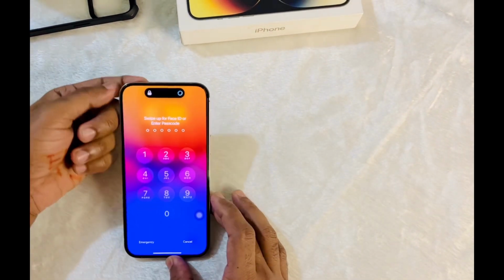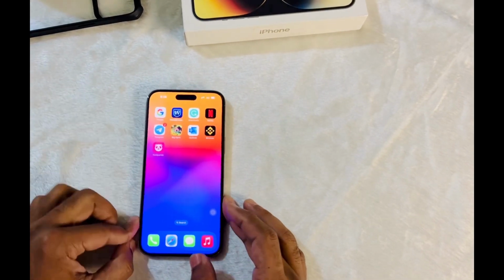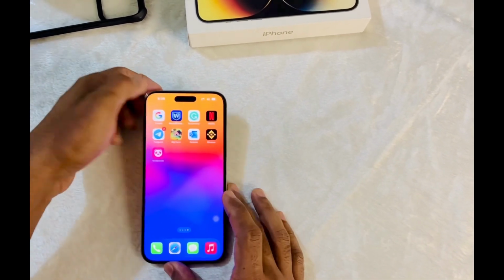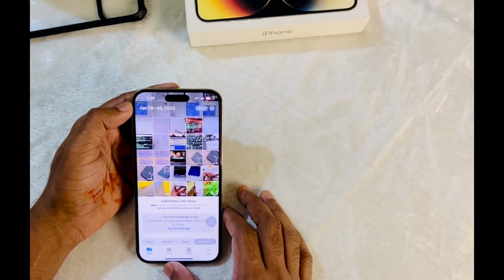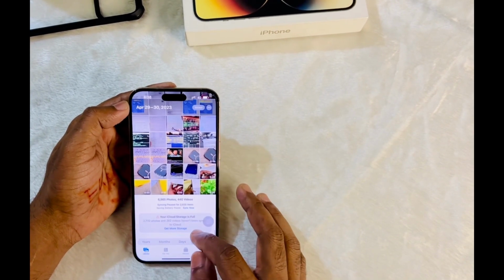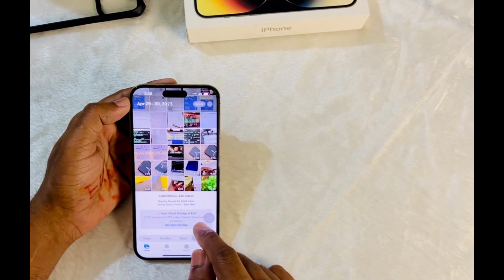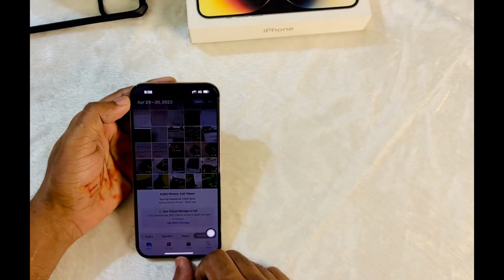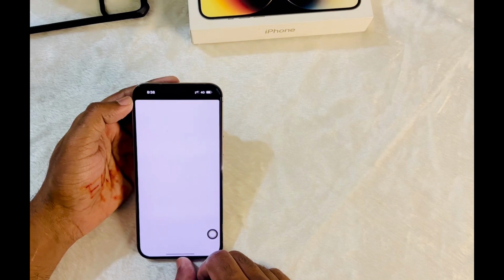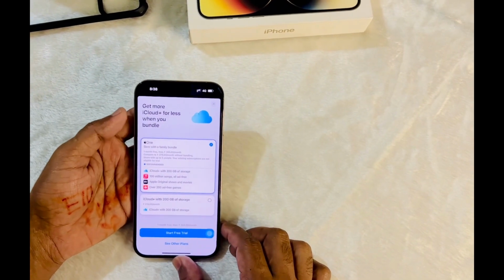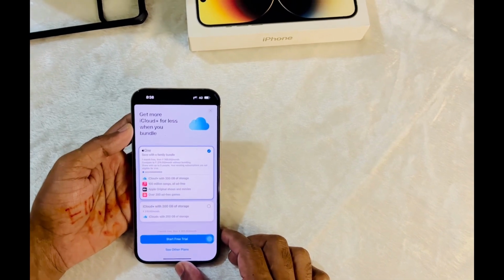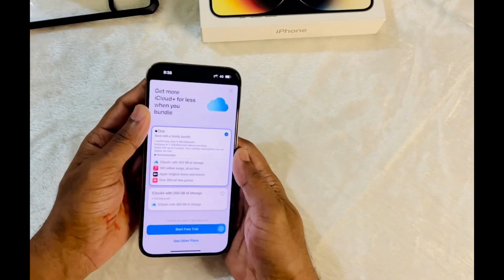In this video today I'll show you about iCloud storage. Most of the iPhone users are getting problems with their iCloud storage. Some people are using only 5 GB of iCloud storage, and some people may be purchasing 50 GB or 200 GB iCloud storage. So in this video today I will show you how to get space, like how to free up your iCloud